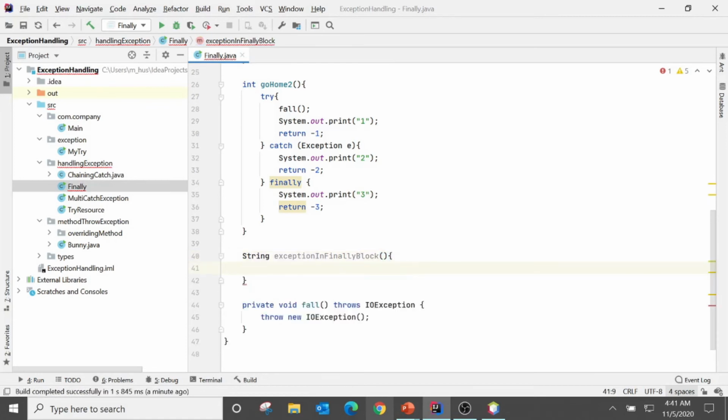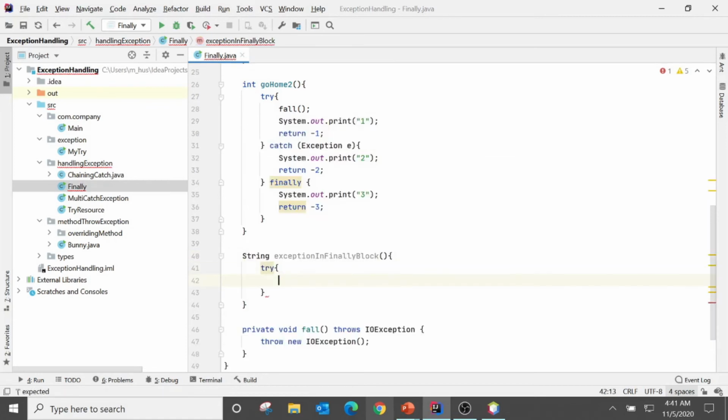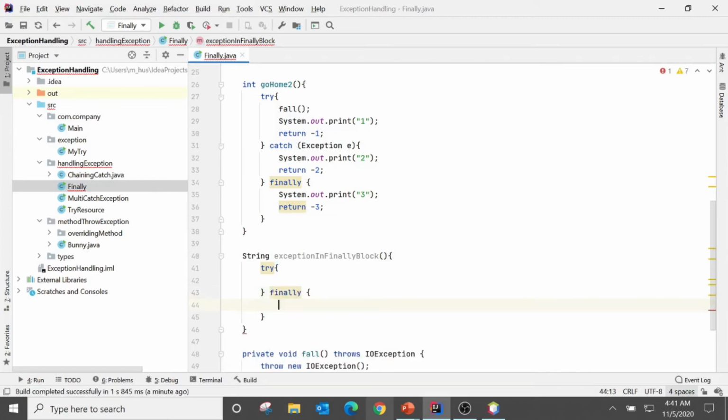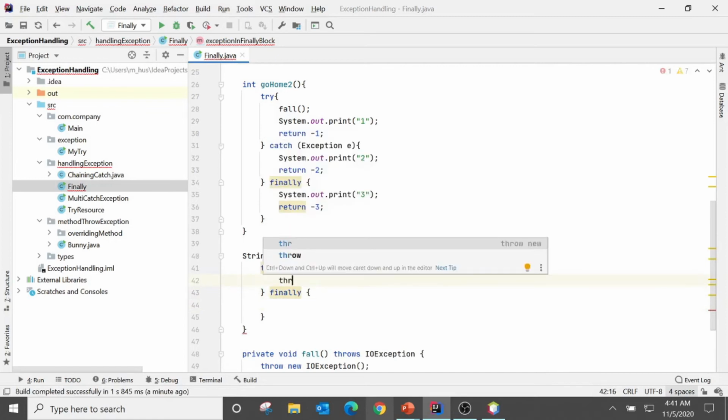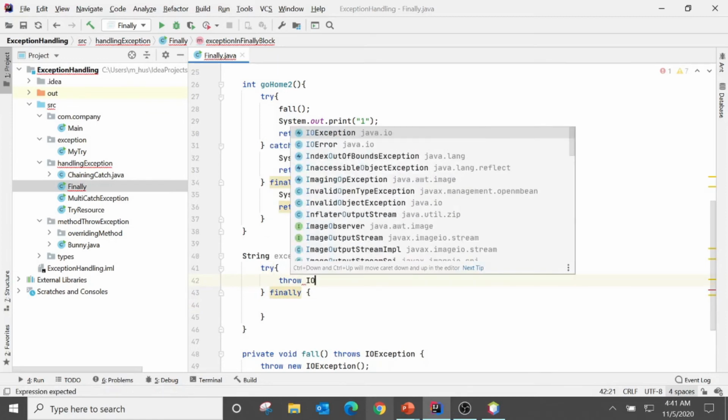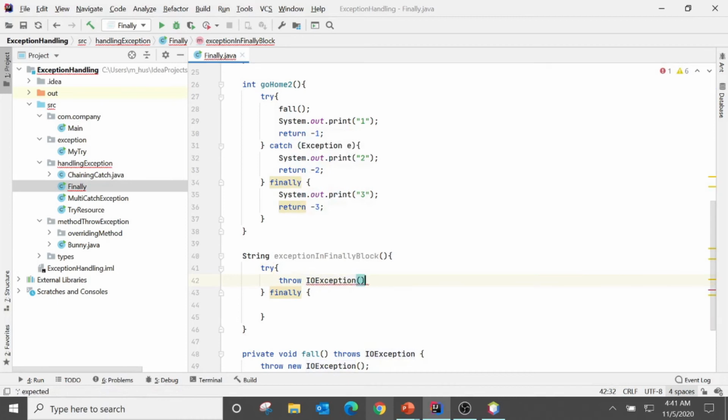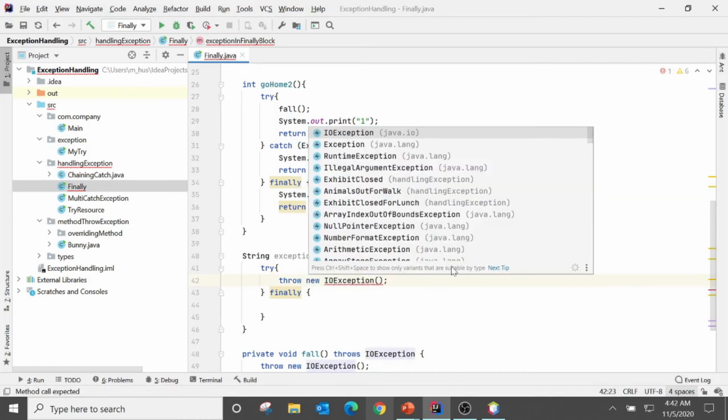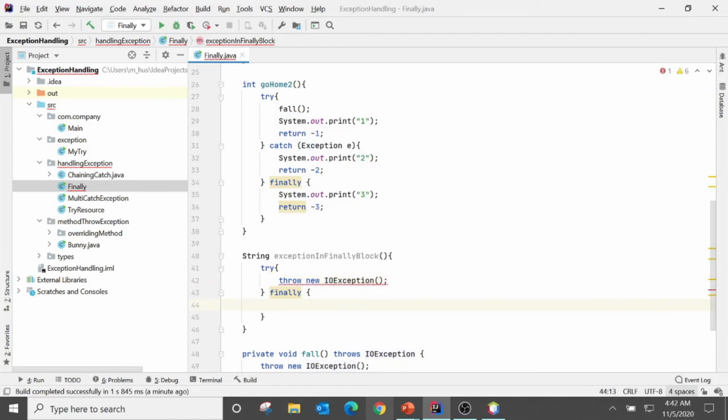So as you know, we can do try finally, and this throws IOException. So it should always be new. Take care in the exam, they normally do it like that. Okay, and for that